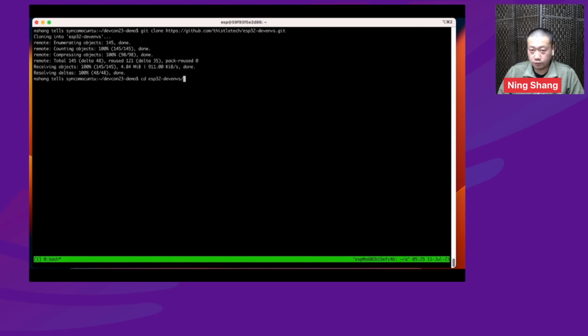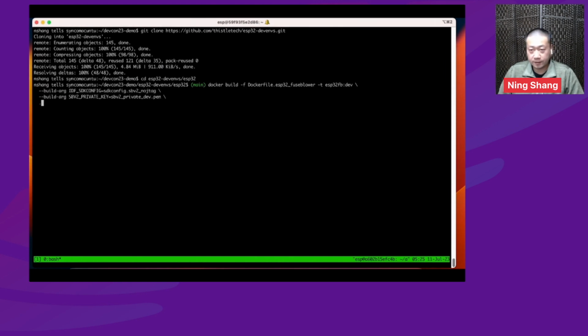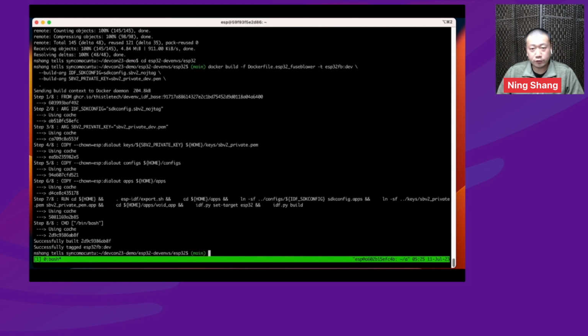Once the repo is cloned, we change into the ESP32 directory and run the Docker build command. It'll take a few minutes. The Docker image is cached, so it's really fast in the demo. These are the two build parameters that can be overridden to allow you to insert your own SDK config and your private key.